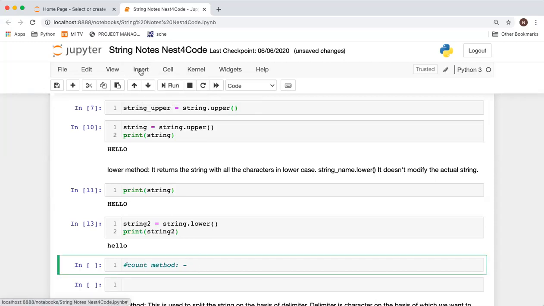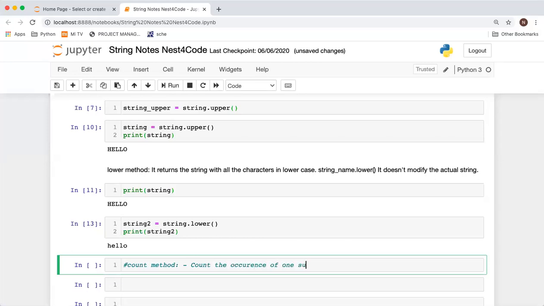What does it mean? It counts the occurrence of one substring in another string. Whenever we get a part of a string, it's called a substring, right? So we can count the occurrence of one substring in a string using the count method.